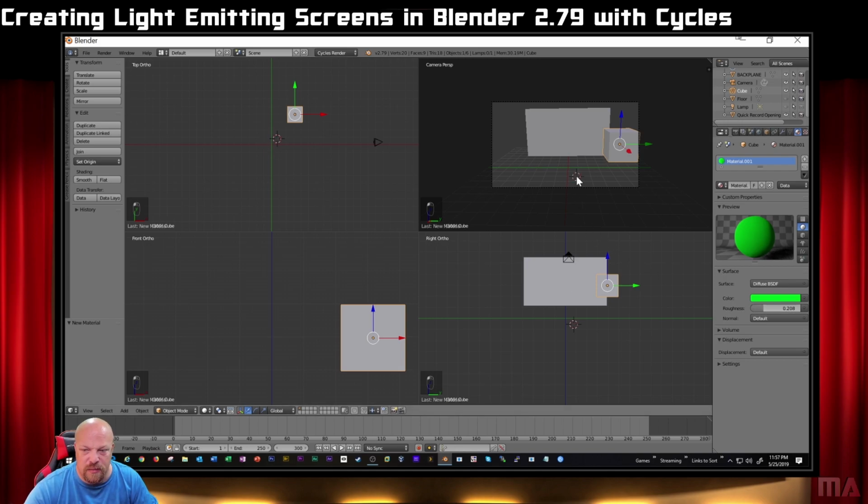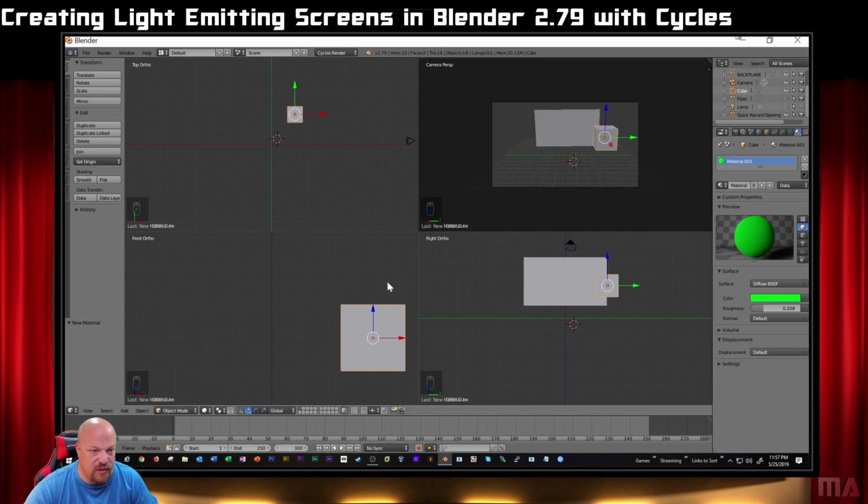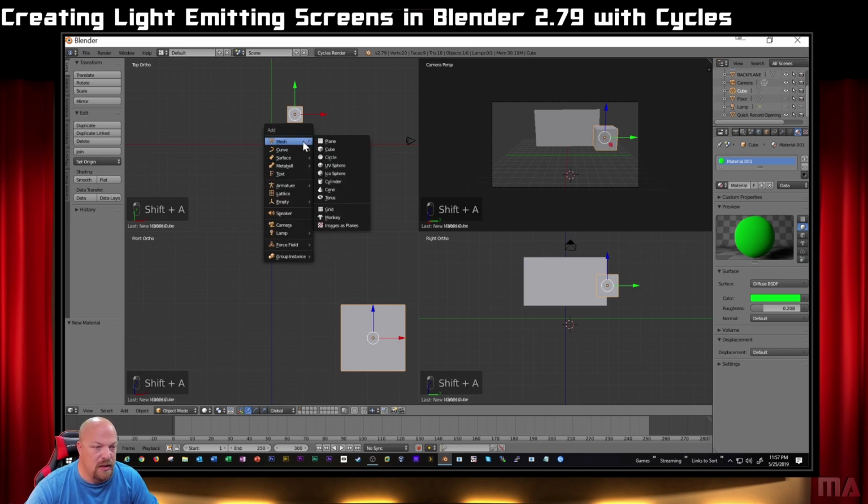And then what we're going to do also is I'm going to fly the camera out a little bit away so we can see the floor better. And then let's create another object. I don't want to just do a whole bunch of renders for no purpose. So we have a green object there that doesn't emit light. It's just a